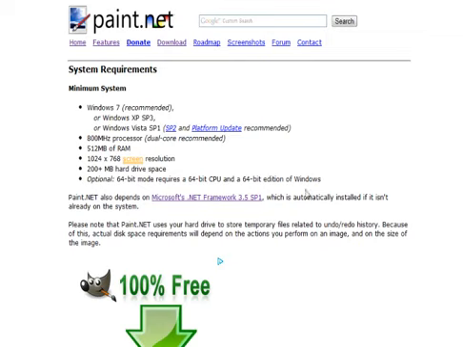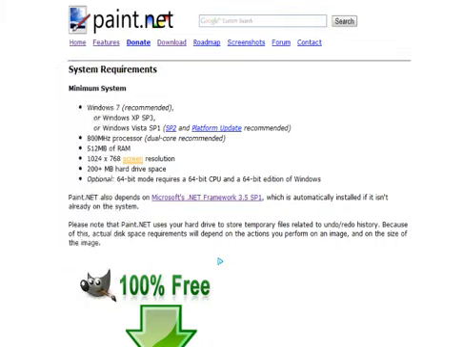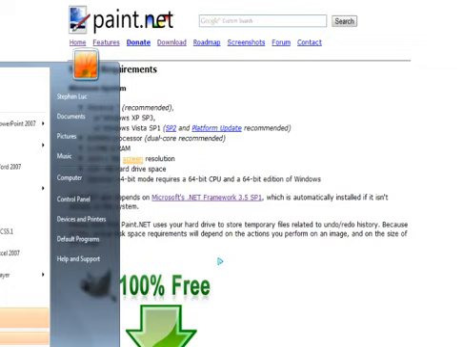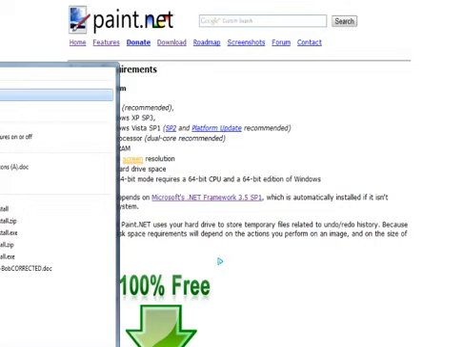Once you're done with that, and let's say that you've had success on the installation, and now it's time to open paint.net. To access it, you can either find the link or the icon on your desktop, or you can click on the start button here and then click in the search area and type paint. If you successfully installed it, then you'll see paint.net right here. And when you click on that,